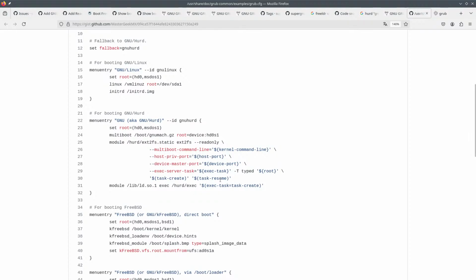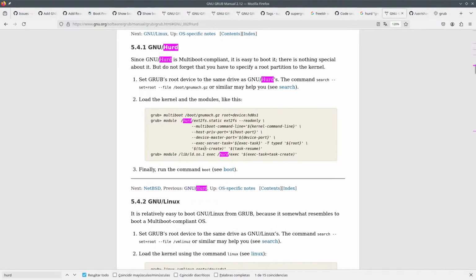But I would like to see. Wait, what the hell is this? So then you have a module that loads Hurd. Huh. Are they going to work always with ld.so.1 here?